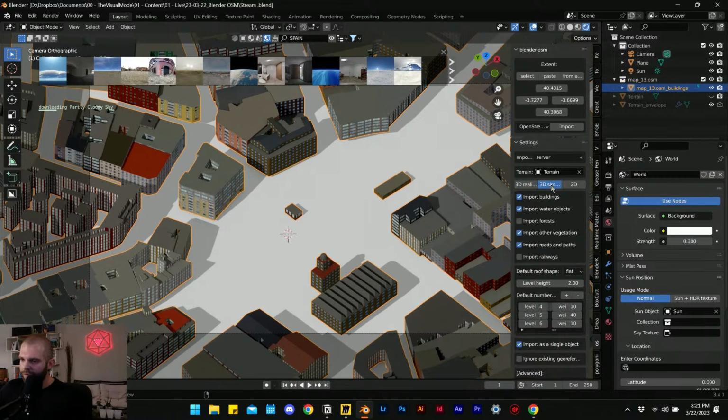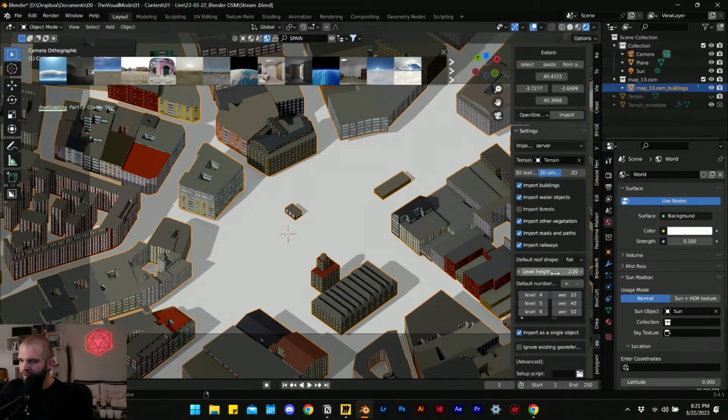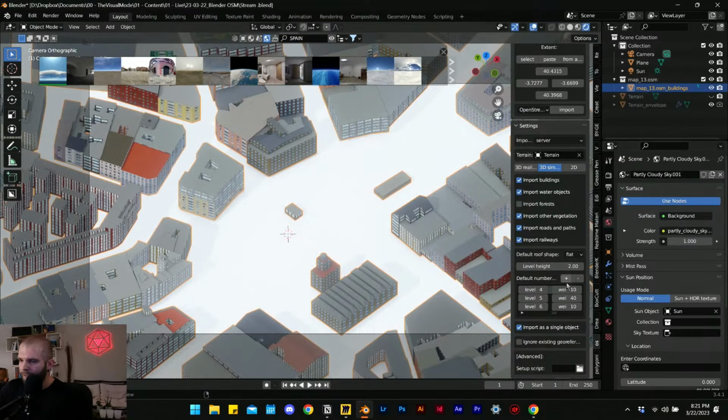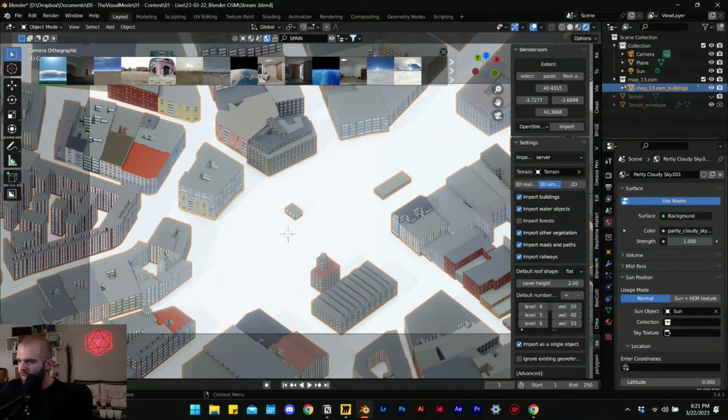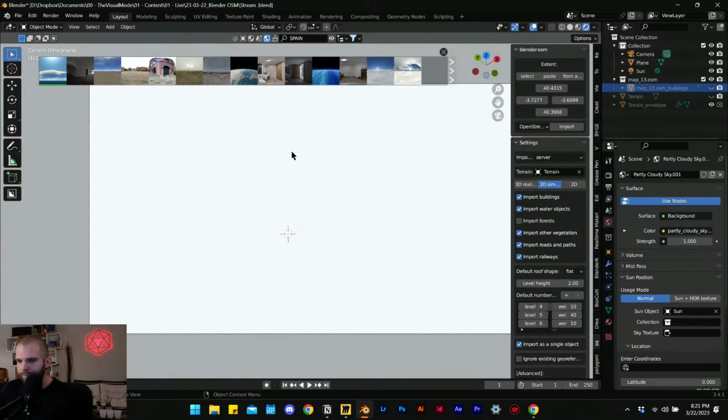We go back to the plugin, we hit 2D simple. We then have import buildings, import water objects, import forests, import other vegetation, and so on and so forth. We can import railways, and we have the same height. So we can hide these buildings here and hit import for the 3D simple buildings. We'll see, it shouldn't take as long as the previous ones that we were doing,